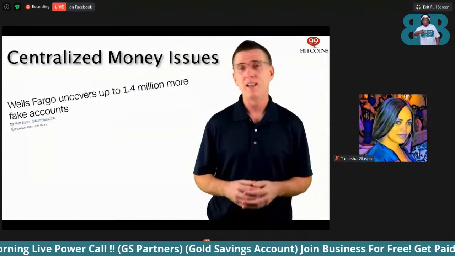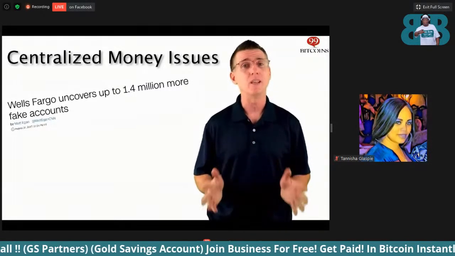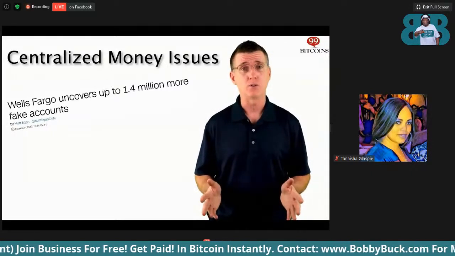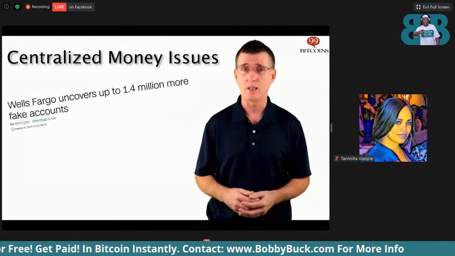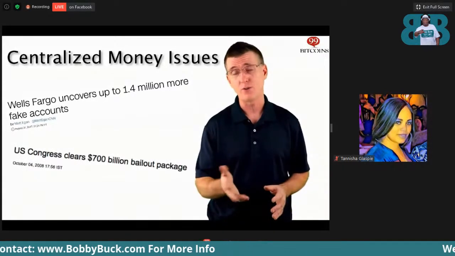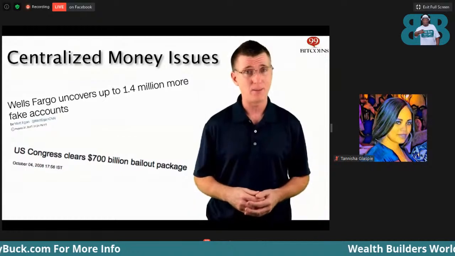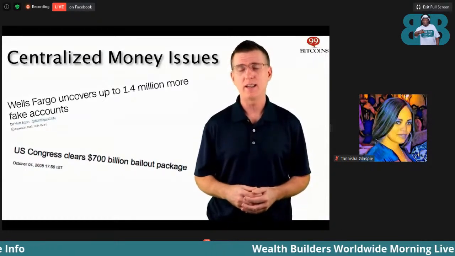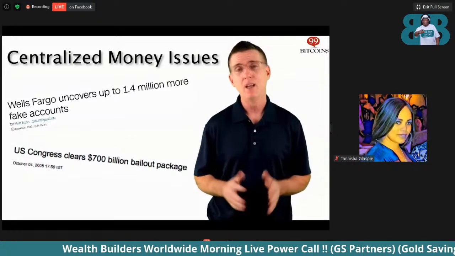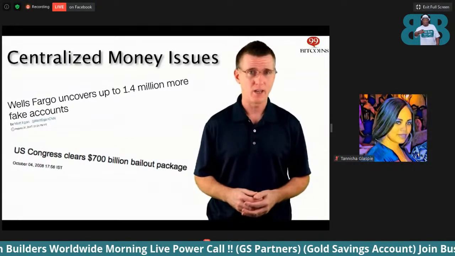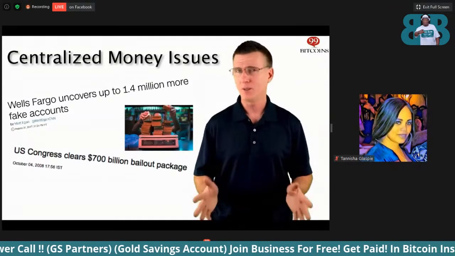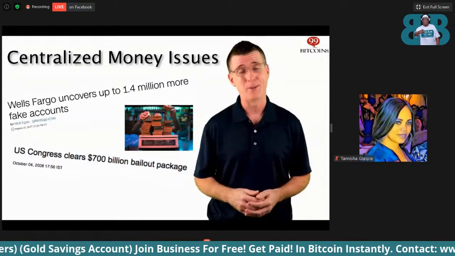The second issue of a centralized system is mismanagement. If the central authority's interest isn't aligned with the people it controls, there may be a case of mismanagement of the money. For example, printing a lot of money in order to save a certain bank or institution from collapsing, as what happened in 2008. The problem with printing too much money is that it causes inflation and basically erodes the value of the citizens' money. One extreme example for this is Venezuela, where the government has printed so much money and the value of it has dropped so much that people are no longer counting money, but are weighing it instead.